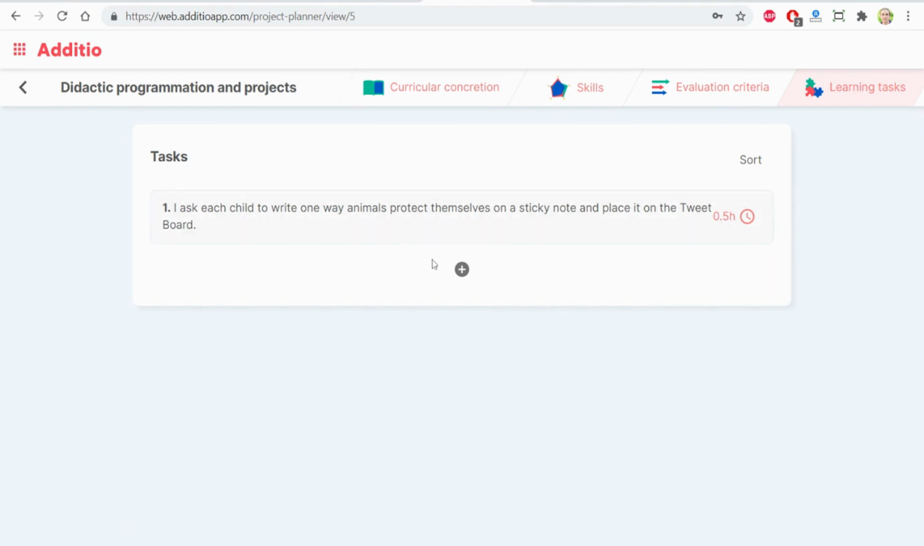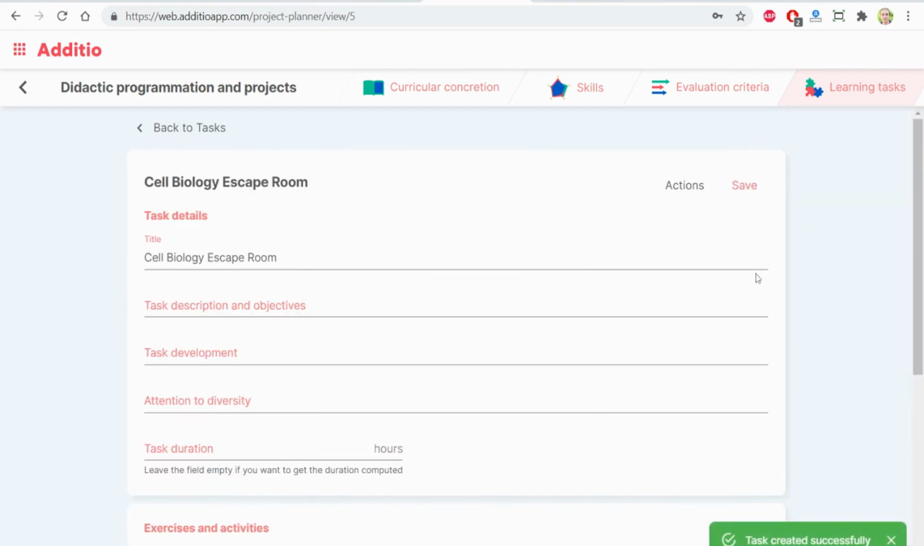Here I have created this task. I could go here for adding another task, and imagine the new task is an escape room of cell biology. Cell biology escape room. Click save, and now I go to this screen in which I can define the task description, which are the